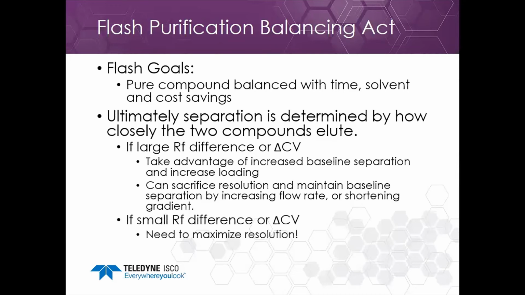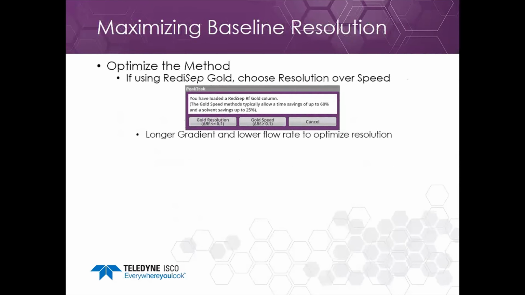If there's a small RF difference or delta CV, then you need to maximize the resolution. And so we're going to discuss the different ways that we can do that. One way to do that is to optimize your method. So if you're using the RediSep Gold columns, the RFID tag on the column is going to be recognized by